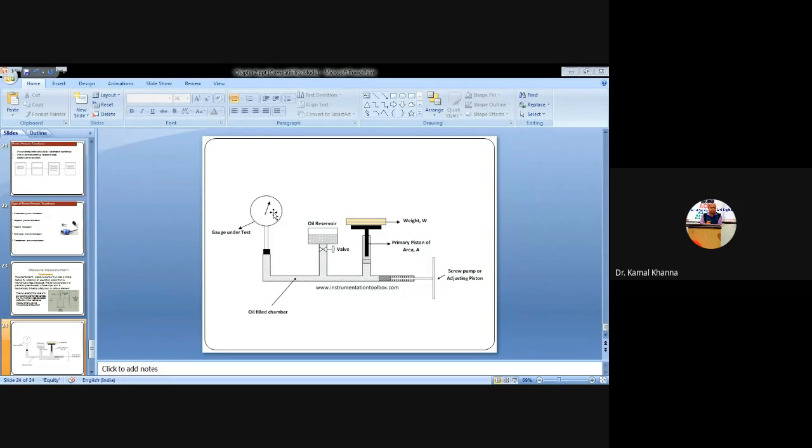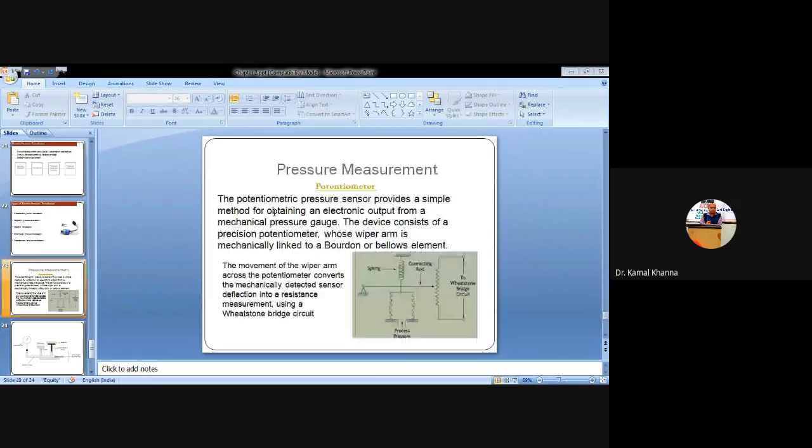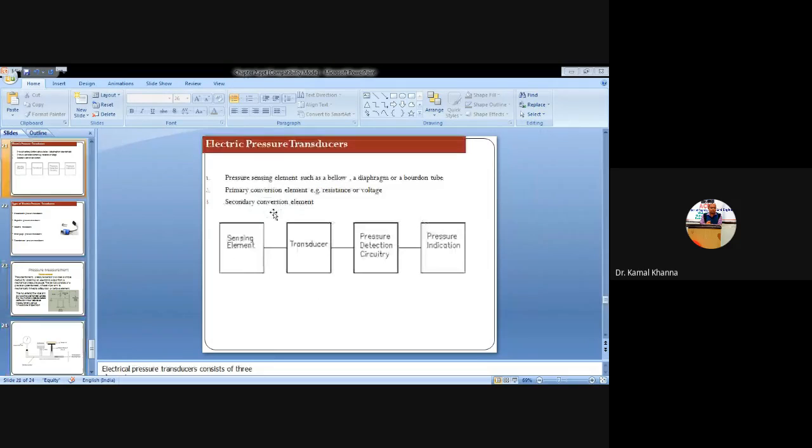Now, anybody having any doubt from the whole chapter, you can ask me. This was a very interesting chapter. We have around